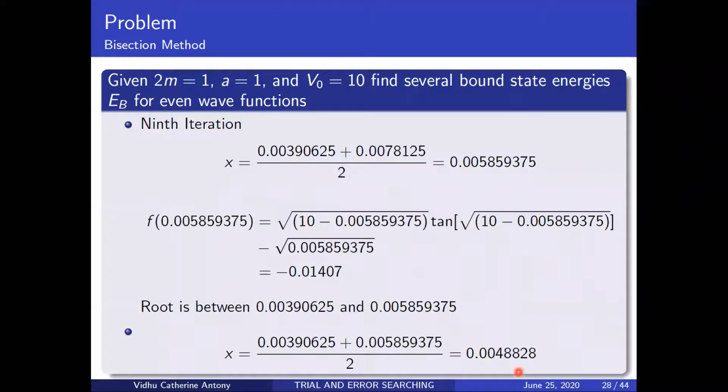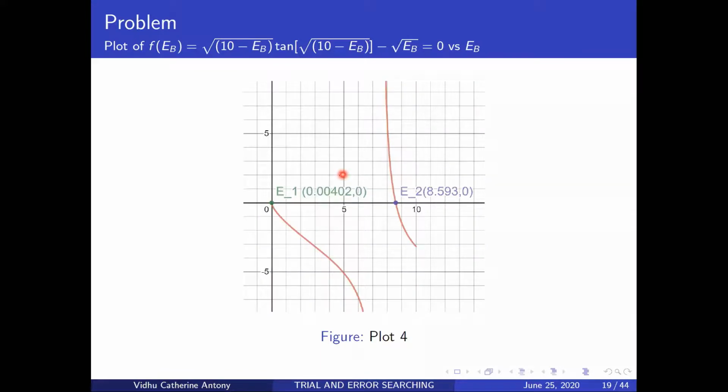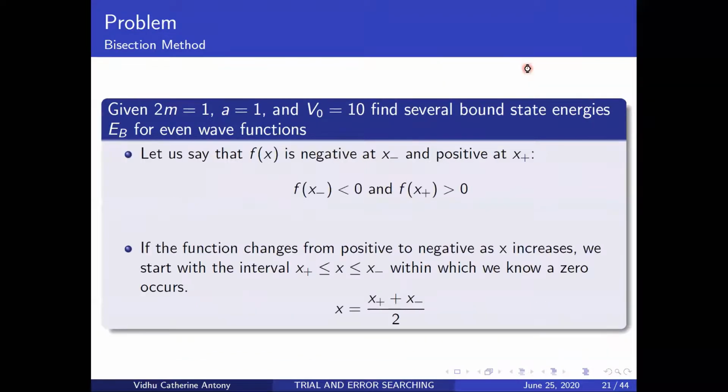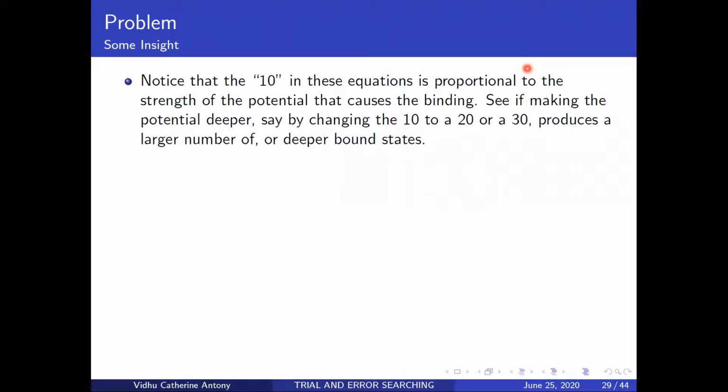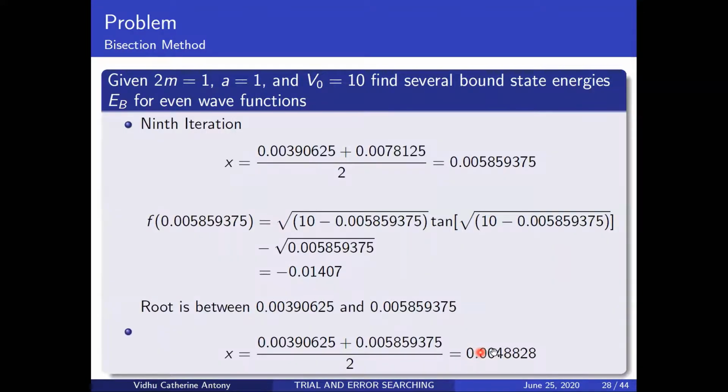Okay. So, I'll go to the graph to show you how it looks. So if you see this, this is how your graph looks, okay? So you had a point here, 0.0402. So you're getting fairly good values when you did this ninth iteration. You're seeing that you got about 0.0048, okay? So it's coming pretty close to the actual value that you got there.